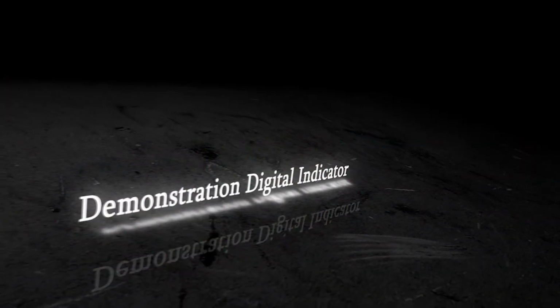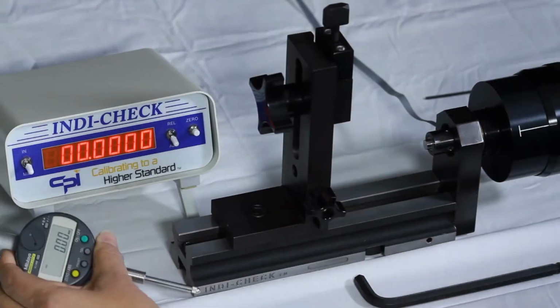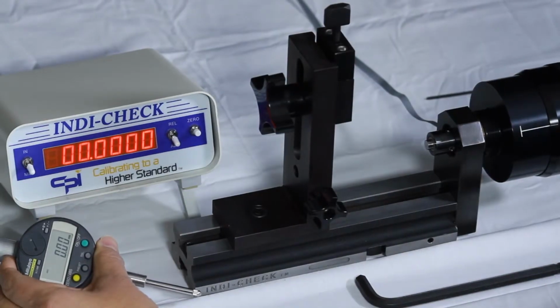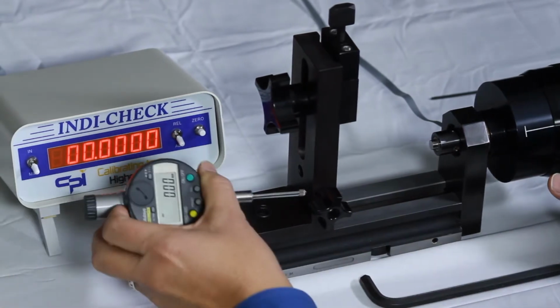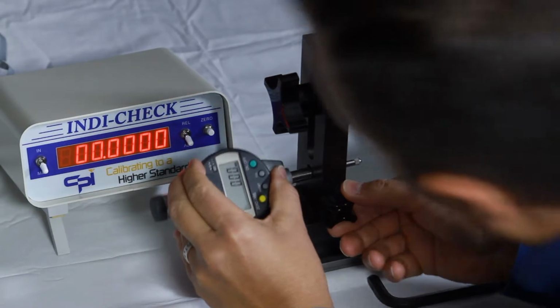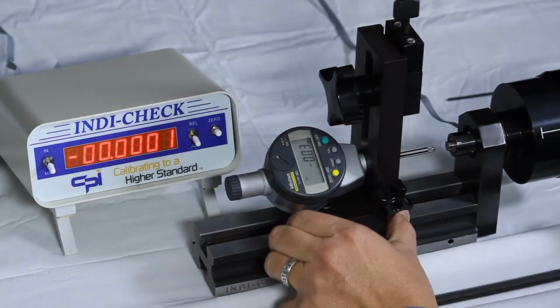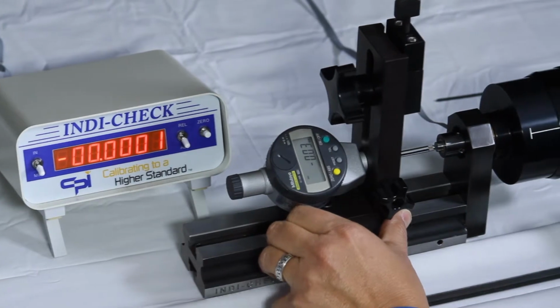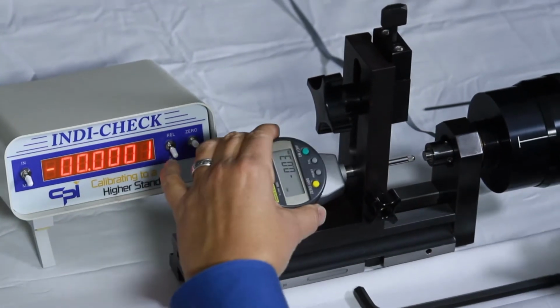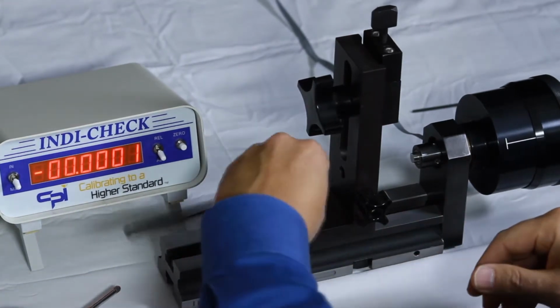The digital indicators are essentially the same as the dial indicator that we just demonstrated. Again, you're going to simply put the indicator into the upright, and you will bring the gauge to the mic head, tighten down the upright,